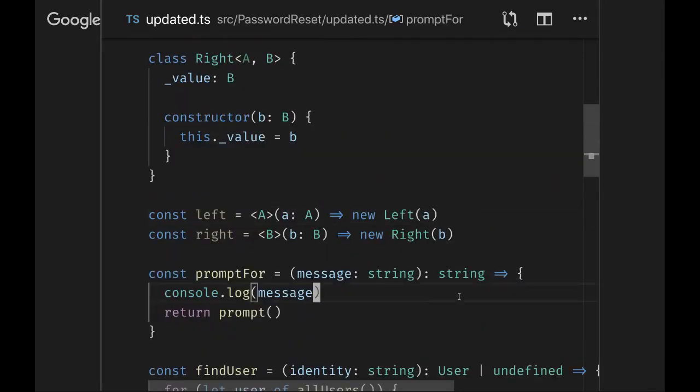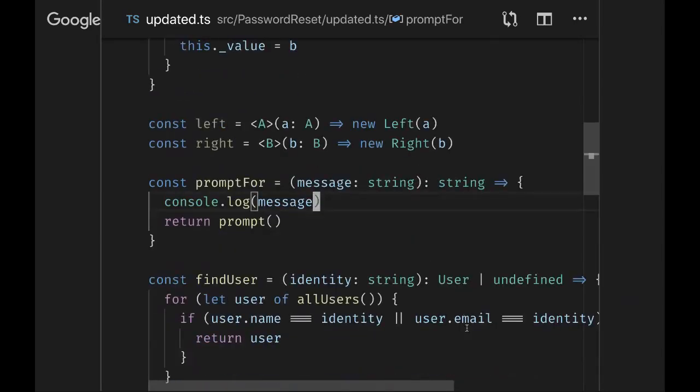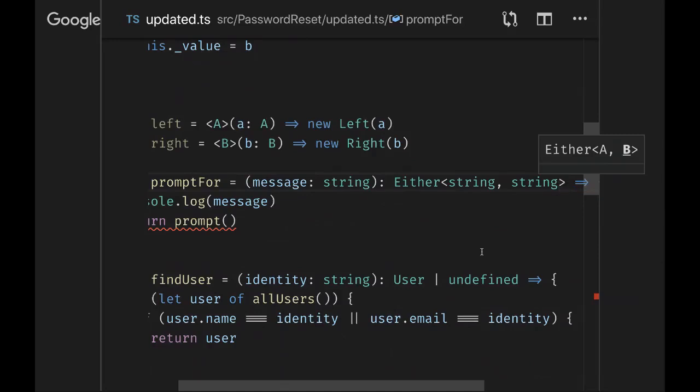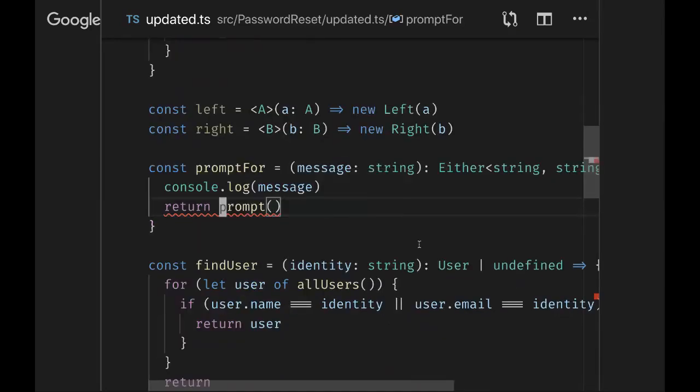And the goal here is that I'm going to update each of these functions to, instead of returning whatever they're currently returning, return an Either. Instead of returning a string always, I'm going to have it return either a string representing an error or a string representing a value.